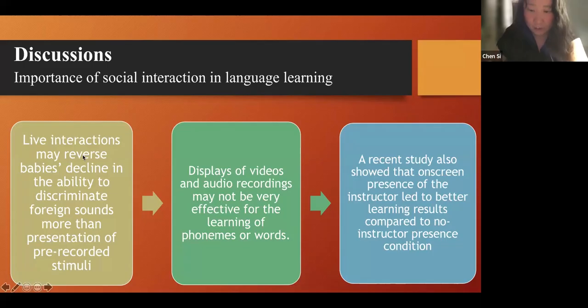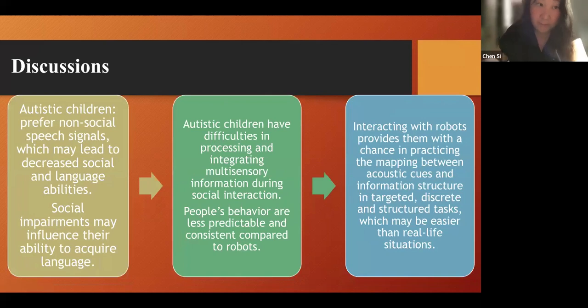So live interactions are really important, but unfortunately for autistic children, they're not very good at social interactions. And they actually do not prefer social speech signals, so that might lead to decreased social and language abilities. And these social impairments can actually influence their ability to acquire language.